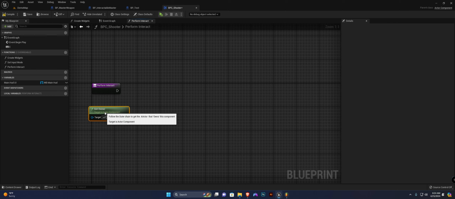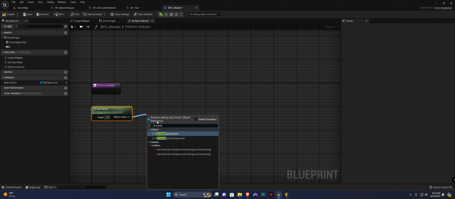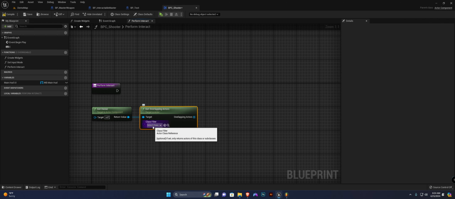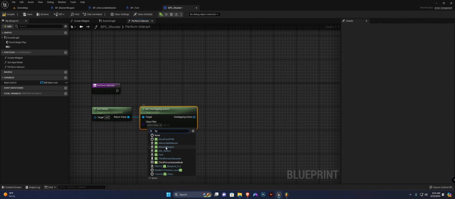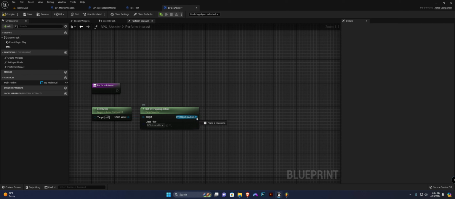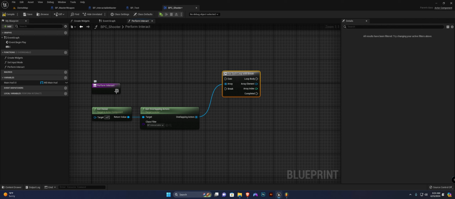From get owner, we want to get the overlapping actors, and we want to check if the overlapping actors is of type BP Interactable master. I'm going to do a for each loop with break. Connect this here,